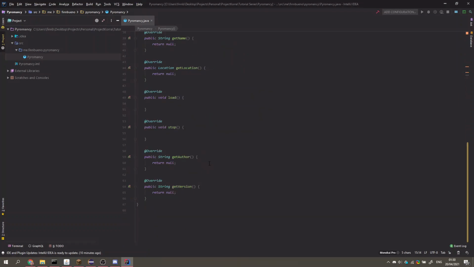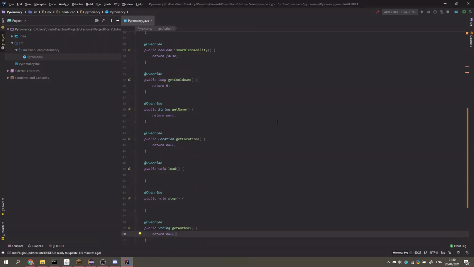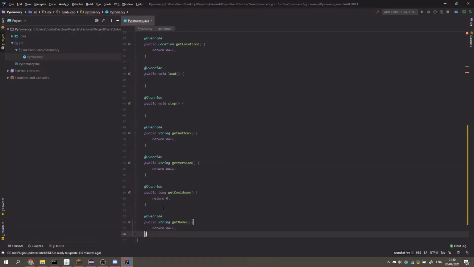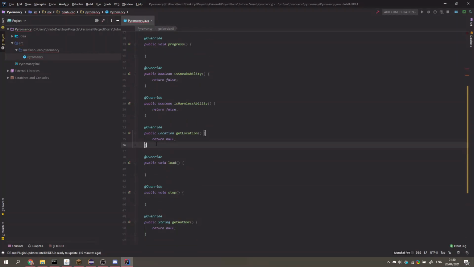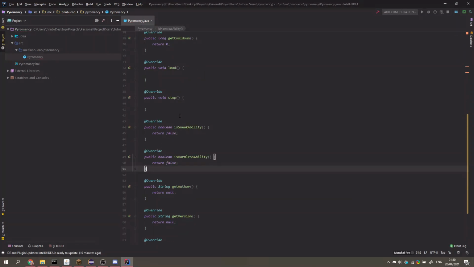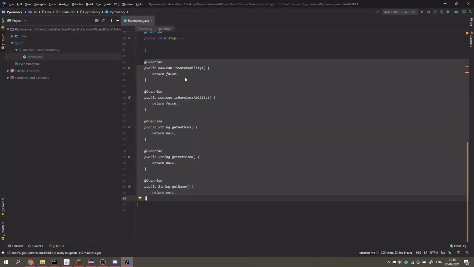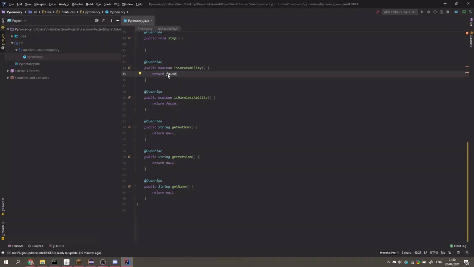Alright, let's first get into some of these methods that have been added to our class. So I'm going to rearrange them. I'm going to say this goes over here, this one is gonna go here, and these are going over here. Alright, so let's start off with the easy ones. First off, we have isSneakAbility. This is basically just a simple method that tells ProjectKorra whether or not this ability requires the